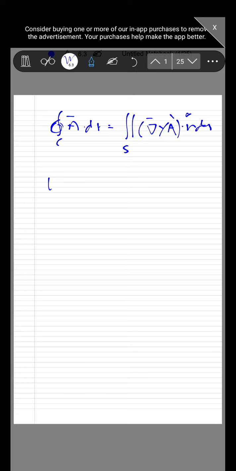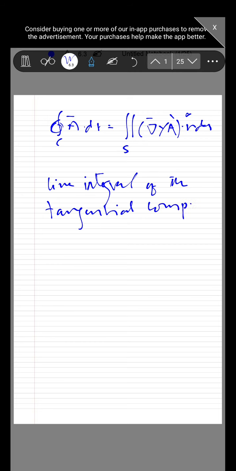So you can write the line integral of the tangential component of a vector A taken around a simple closed curve,